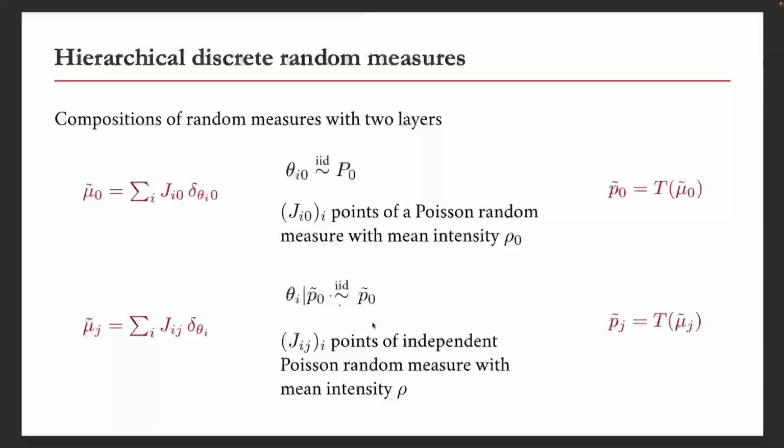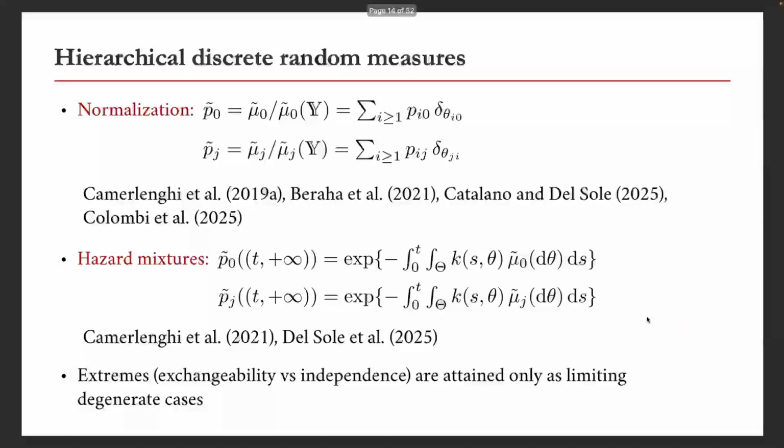Then at the bottom of the hierarchy, you have these completely random measures Pj, whose atoms are IID conditionally on the random probability P0 at the top of the hierarchy, and you can transform them to get probability measures Pj. If you normalize this, you get a random probability measure, and extensive work has been done in this area